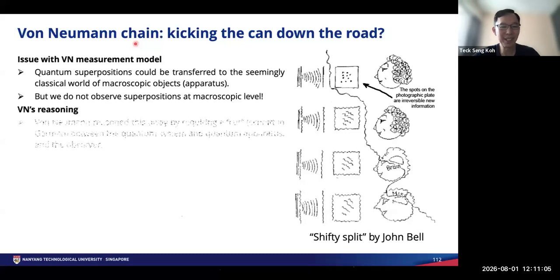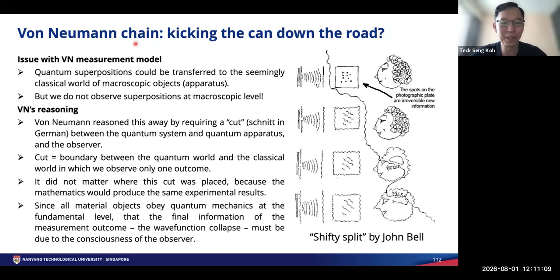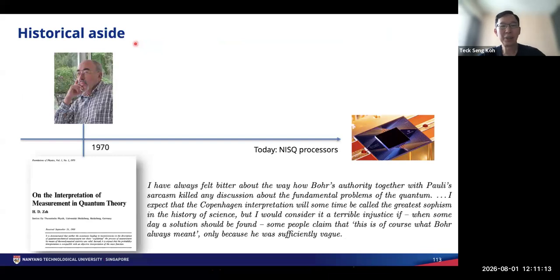Okay, so this is all I'm saying in words. Let's skip all the text. And so all this, if you found it interesting, was very difficult. Zeh in 1970 wrote this article on the interpretation of measurement in quantum theory. And